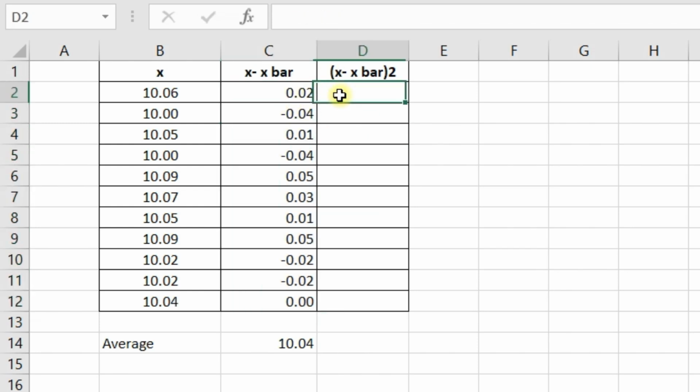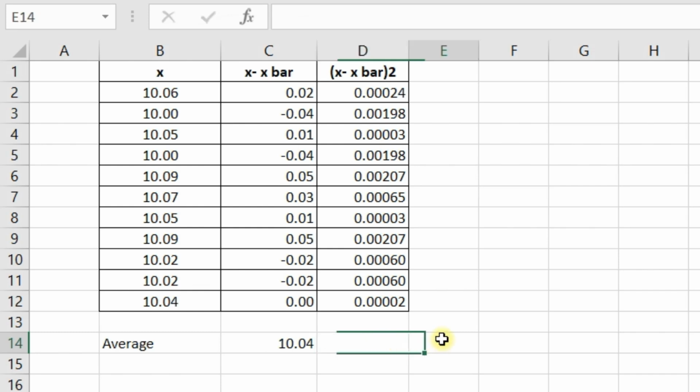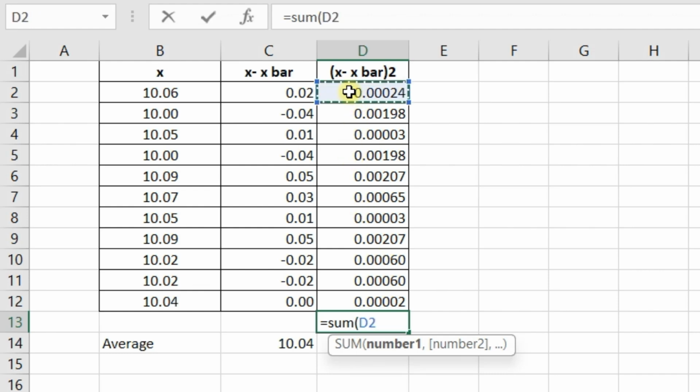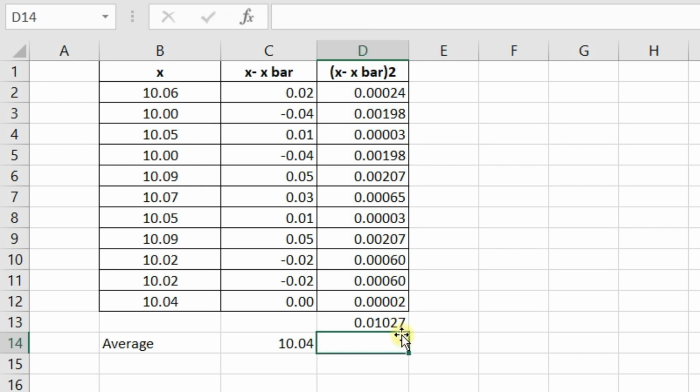Then we square the x minus x bar. Take this one, square it. Then we sum all these (x minus x bar) squared values.